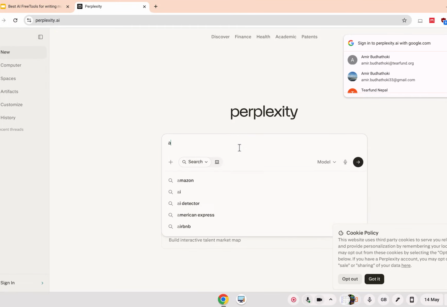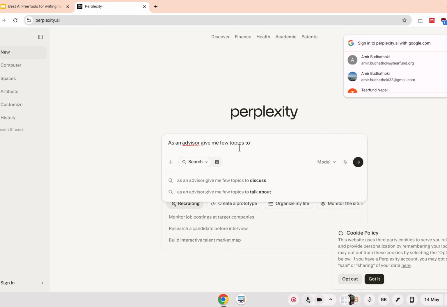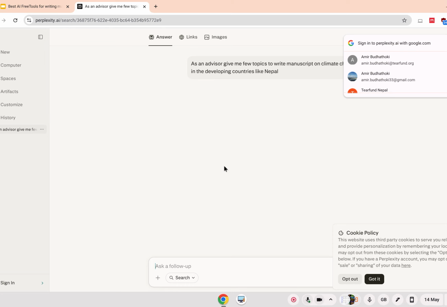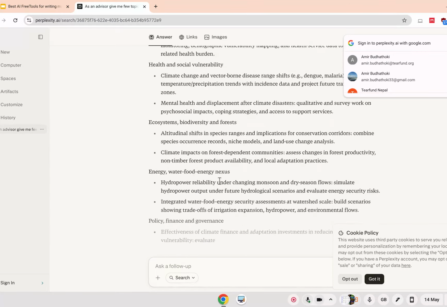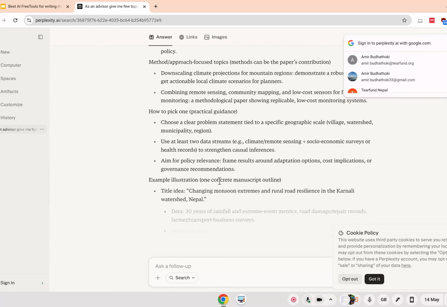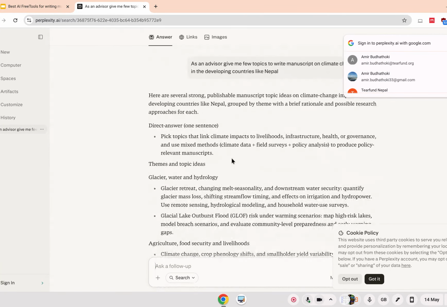Let me type as an advisor: give me a few topics to write a manuscript on climate change impact in developing countries. Wow. Let's see what it gives. It gave me a lot of